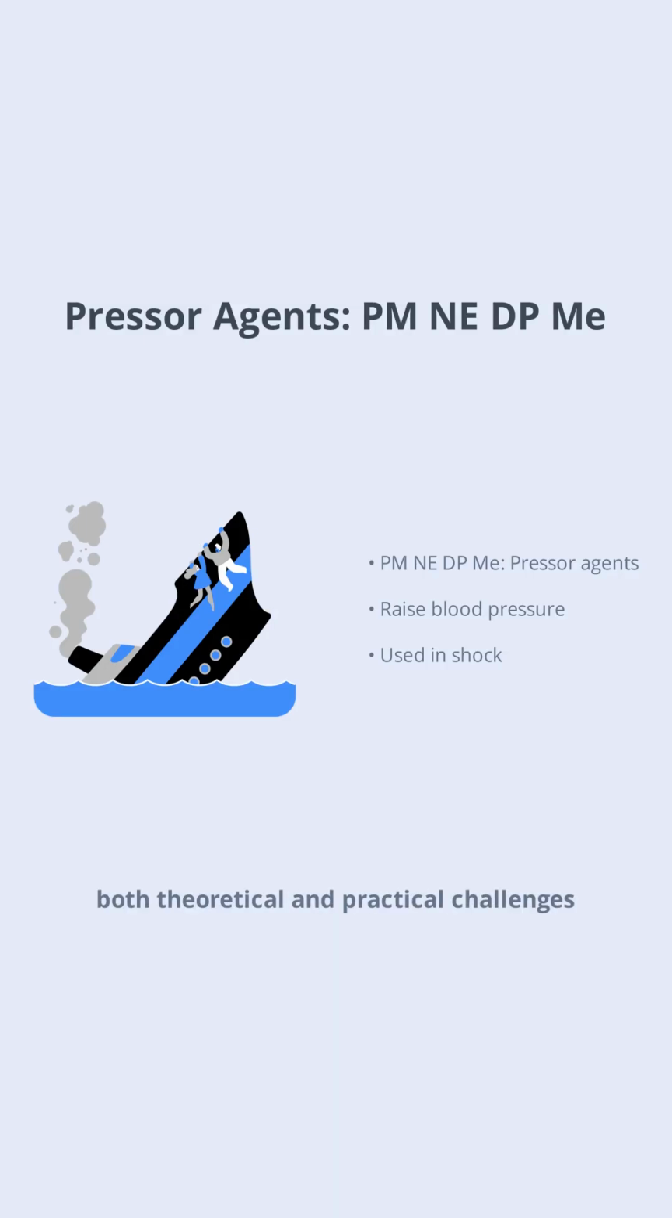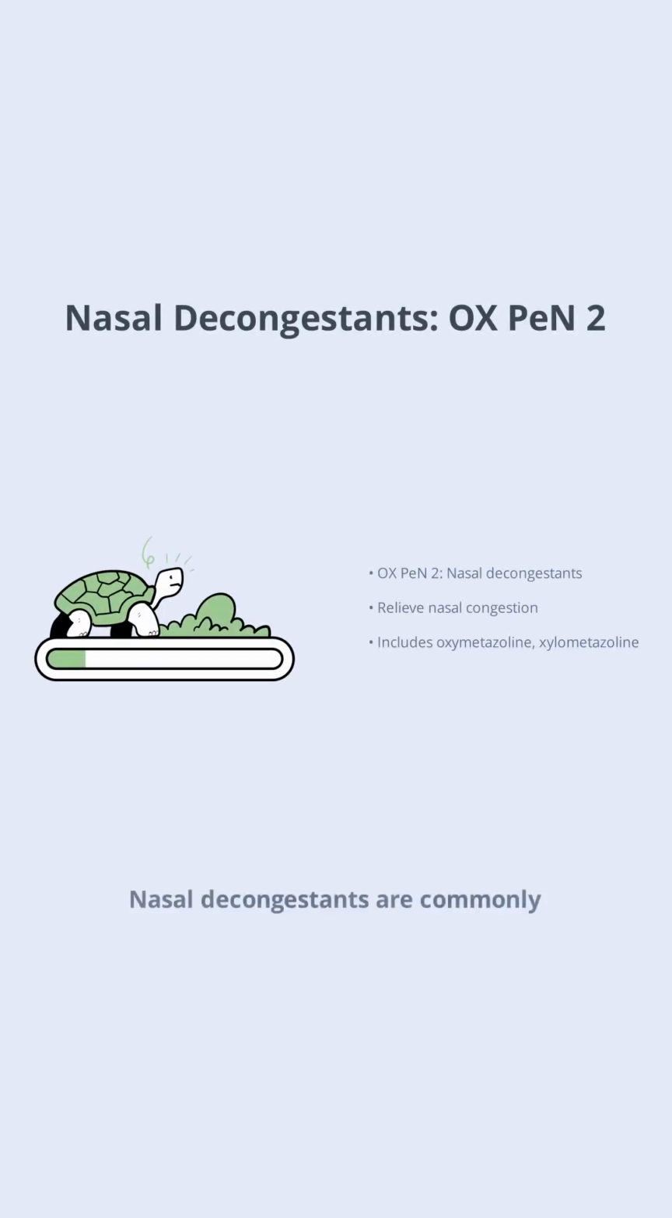theoretical and practical challenges. Nasal decongestants are commonly used to relieve nasal stuffiness. The mnemonic OXPN2 stands for oxymetazoline, xylometazoline, phenylephrine, and pseudoephedrine. These drugs constrict blood vessels in the nasal passages, reducing swelling and congestion. Remembering OXPN2 makes it easy to list the main nasal decongestants, which is especially helpful in both exams and clinical